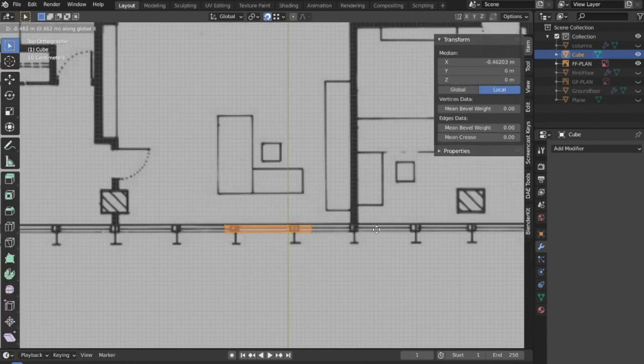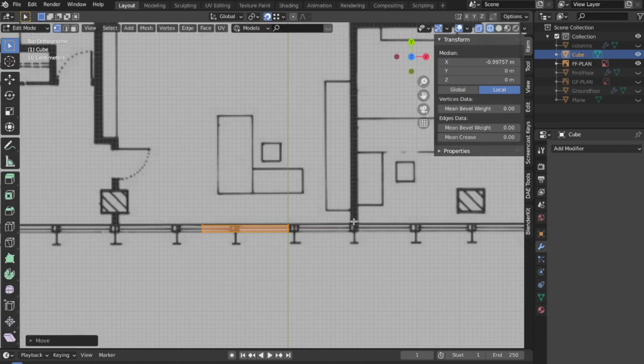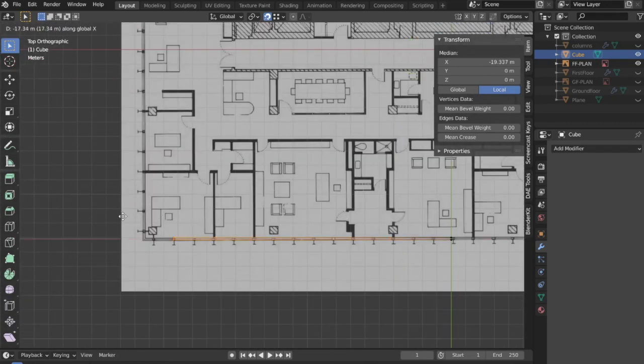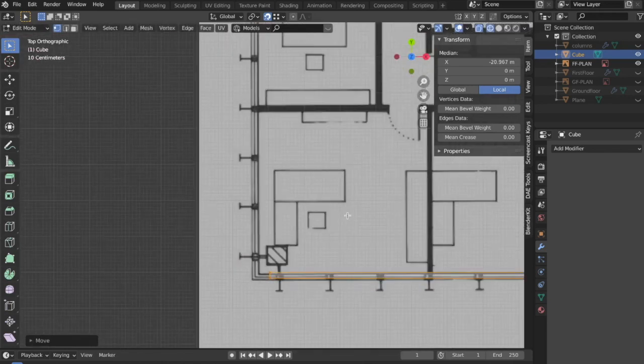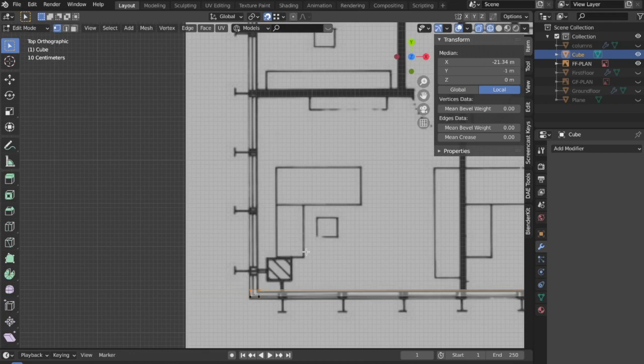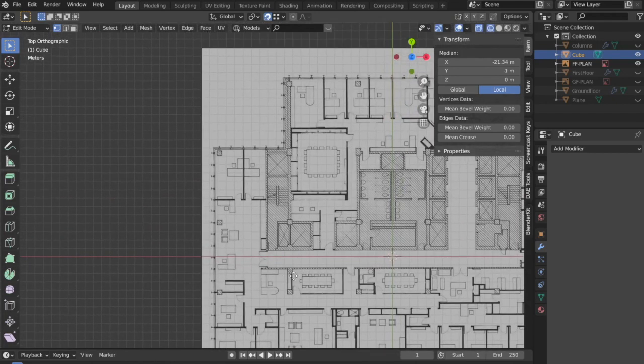Now I'm only going to model the left half of this, and the right half I will mirror. So now I'll again continue with this process, and if you want to try it on your own, you can completely skip this part, but yeah, I'm still going to show it.